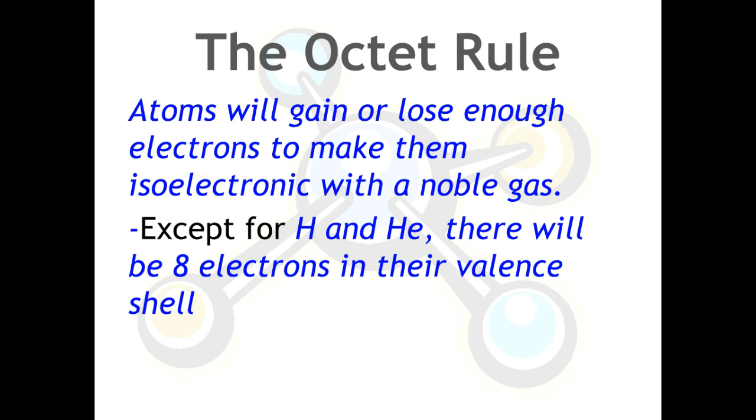The octet rule. Atoms will gain or lose enough electrons to make them isoelectronic with a noble gas. There's that word, isoelectronic. It means, if you don't remember, you have the same number of electrons as another element on the periodic table. So in this case, you look like a noble gas. Remember, every element on the periodic table wants to look like a noble gas because they're stable and they're happy,